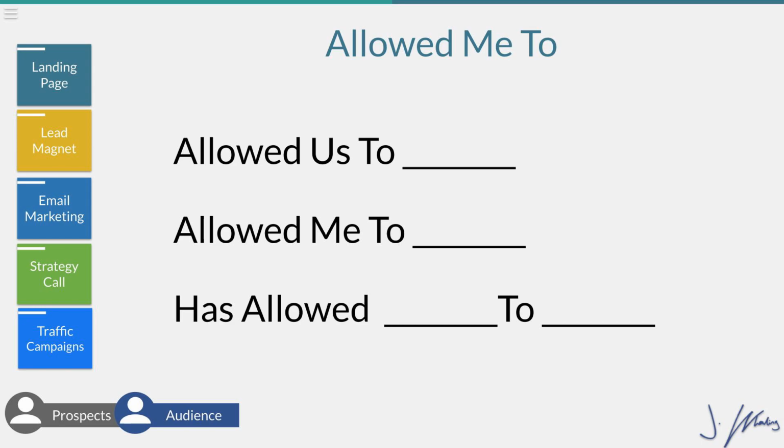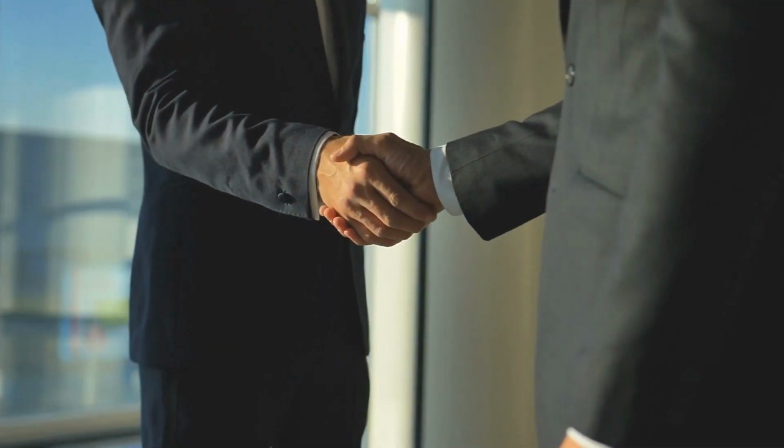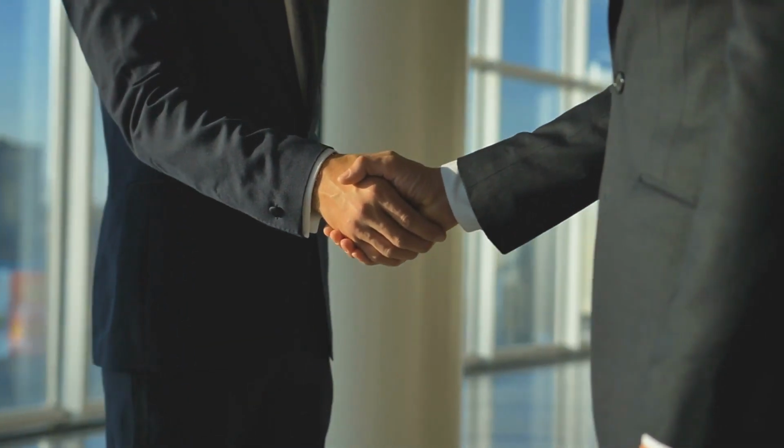And this is using the copywriting formula: allowed me to, allowed us to, or has allowed. Because you're trying to generate leads and hopefully you want to get someone on a sales call with you, the rapport building and authority building process needs to start right now. So using yourself as an example, or previous clients as an example, of what you can deliver for success is really going to help smooth out the entire sales process, because starting at your landing page, you're using yourself and your company or your clients as the cornerstone that you are able to deliver on the results that you're